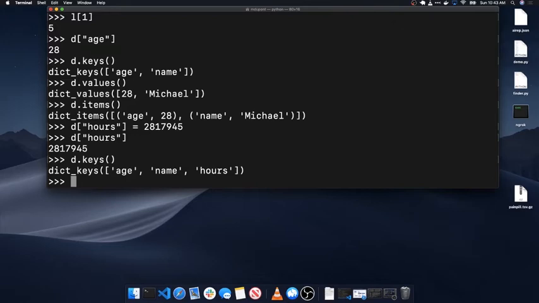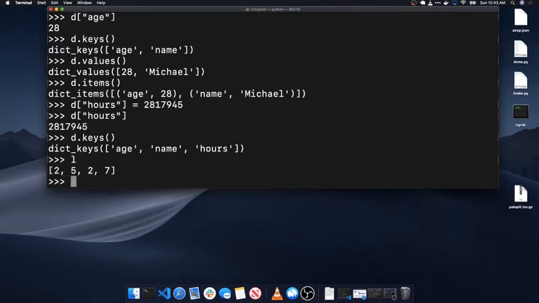A loop is just a way to keep going over multiple items inside of something, or while some condition is true. So we have our list L here. If we wanted to go through all of the objects in our list here,